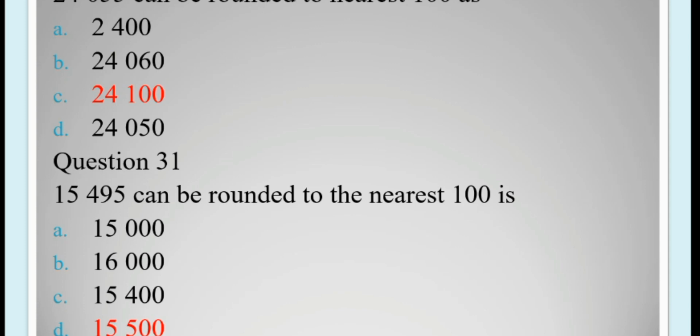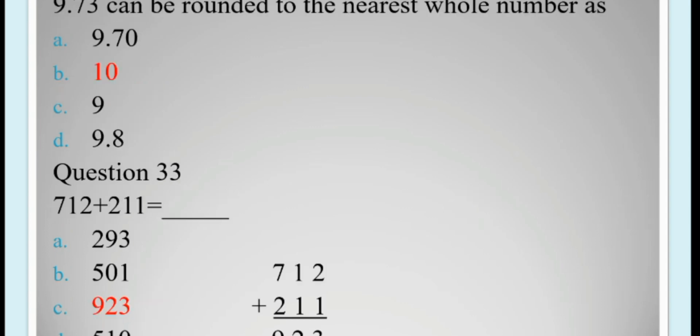Then the next question, question number 31, is also the same. The number is 15,495 and the nearest rounding off number is, very good, 495 is nearest to 500. So the next number is